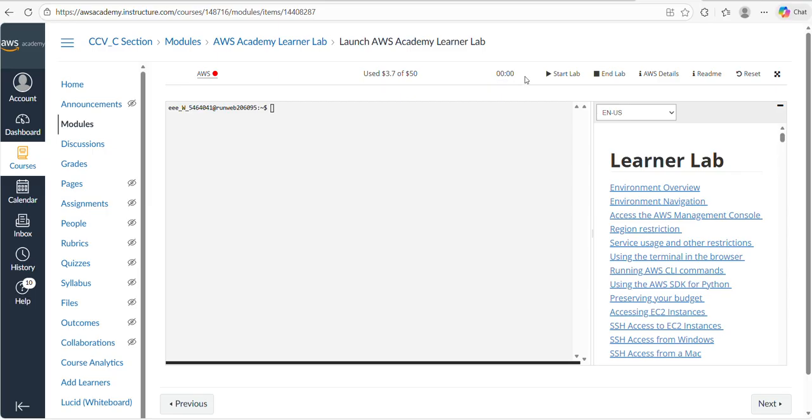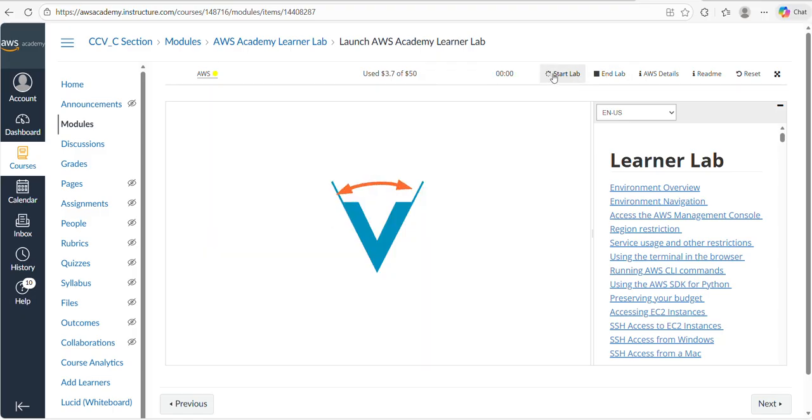And this is the timer. The minute we start our lab, the timer is going to start. When we press the end lab, the timer is going to stop. So for every program, this is going to show how many minutes or hours you have been on that program. And this is the start lab. Before starting the lab, we need to press this, and after completion of your practice, you need to press the end lab. So now I am going to press the start lab, and it is going to take a few